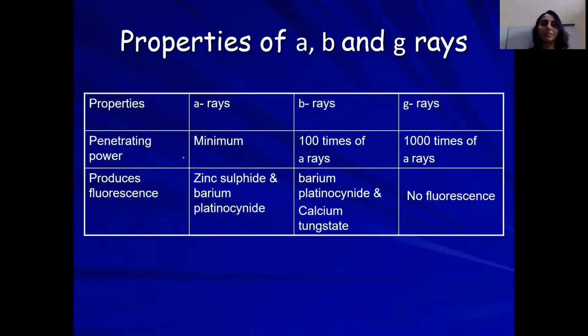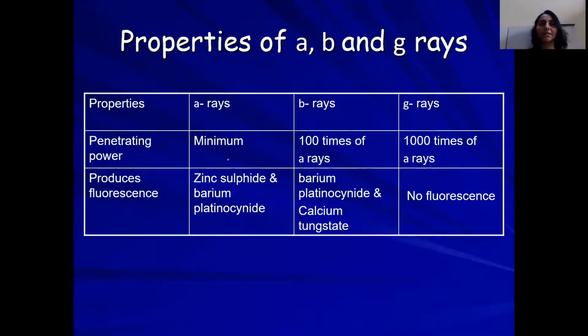Penetrating power, in the sense of through what substances these can pass. Alphas are very heavy particles. They will not even pass through paper. The moment they strike paper, they will lose their velocity and be absorbed there. So they have the minimum penetrating power. Whereas beta have 100 times